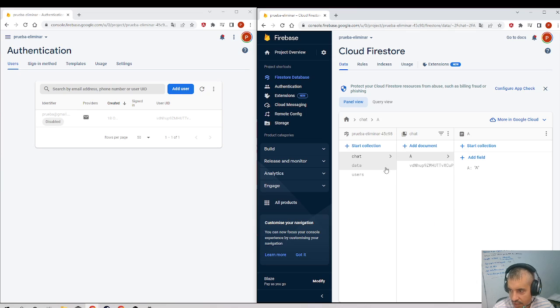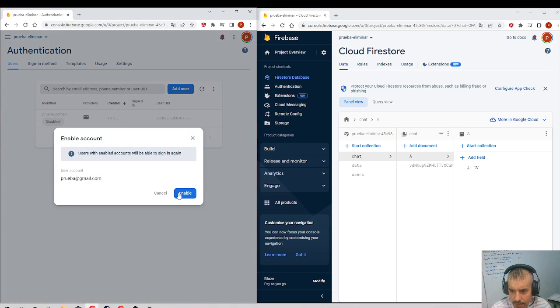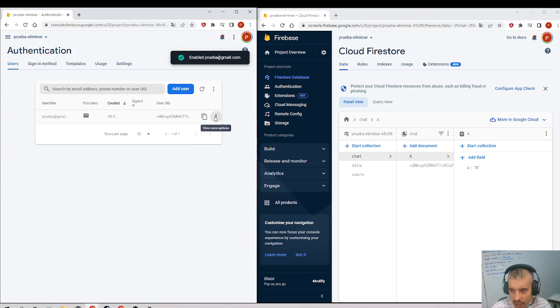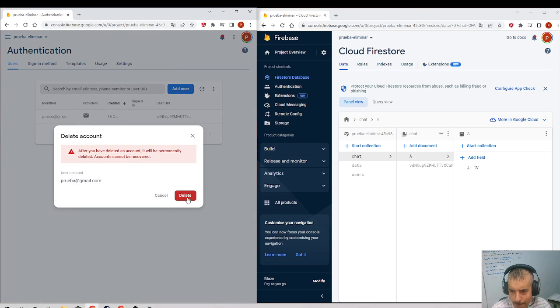You see, the data is still there. I think it would be great if you could also allow that trigger to launch when you disable the account, but that's not how it is currently. That's it. So we have the account, and now we delete this account,